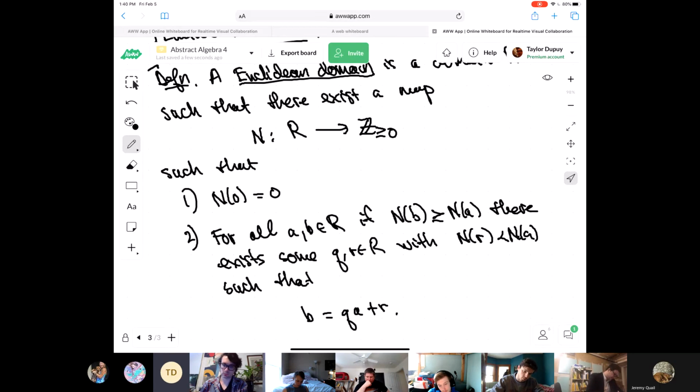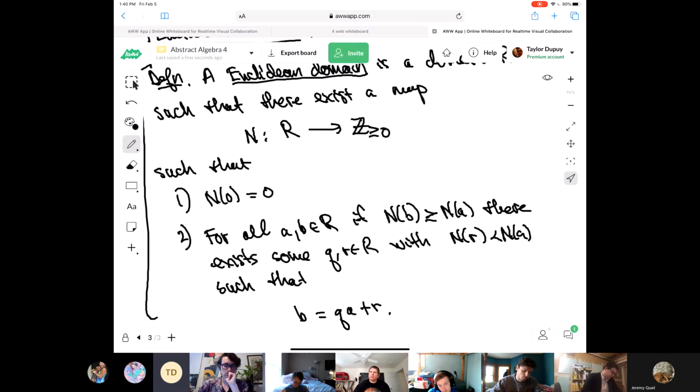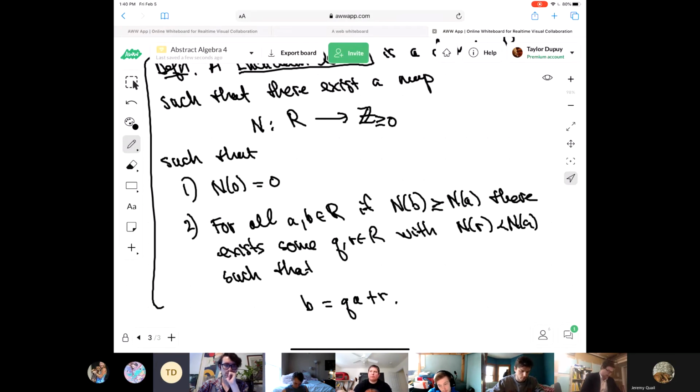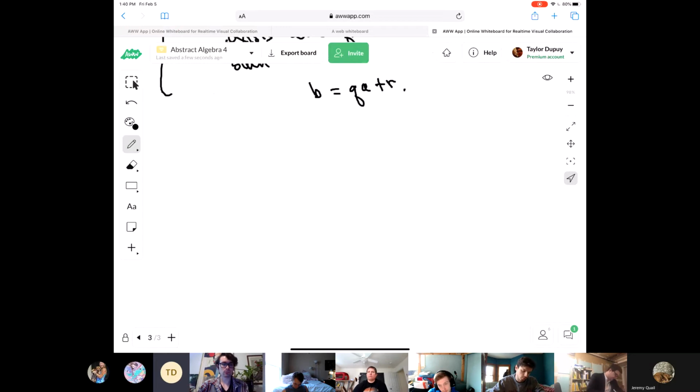It's such that one of these things exists. It's not necessarily fixed. You can develop the theory with a fixed thing, it doesn't really matter. I could have defined a Euclidean domain to be a pair R with an N, but I'm just going to say that there exists one. That part of the definition doesn't really matter. Okay, so two examples.